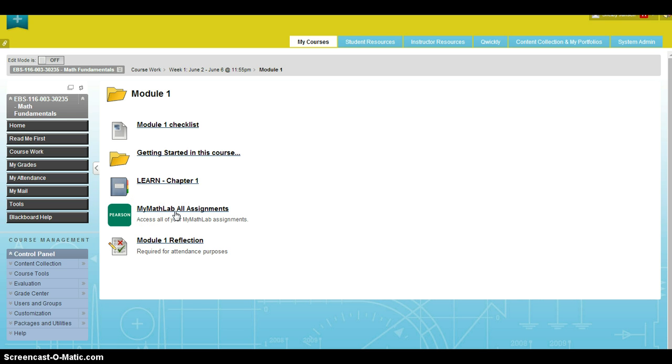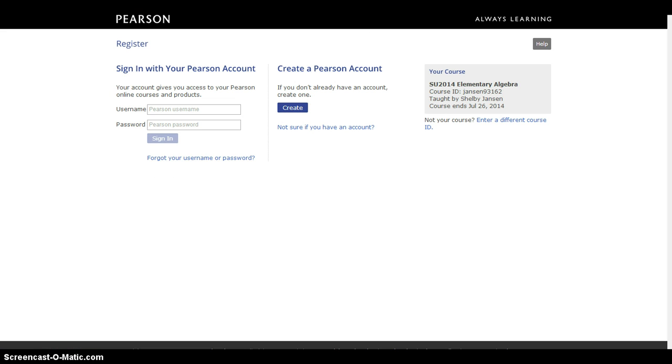The first time you click on this, it's going to ask you for a user agreement. You just have to click agree, and then it's going to walk you through the steps of getting started in My Math Lab, creating an account if you've never created an account, or you'll sign in if you have an existing account, and then it's going to ask you for your access code that you purchased from the bookstore. So once you click on this, like I said, you're going to get a user agreement. You'll click accept, and then the next screen is going to look like this: sign in with your Pearson account